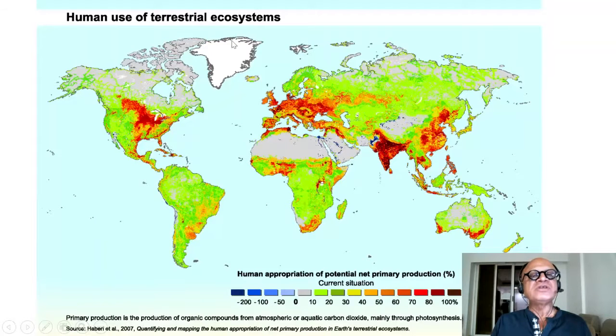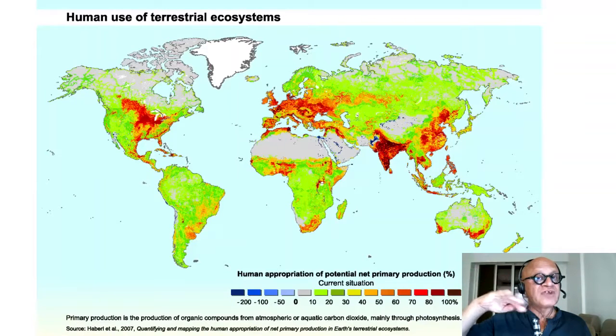This is the human use of terrestrial ecosystems. What fraction of primary production is being used by human beings for various purposes like food and feed for animals, timber and construction, and fireplaces in the house and so on and so forth. This also relates to the number of Earths we are using up.